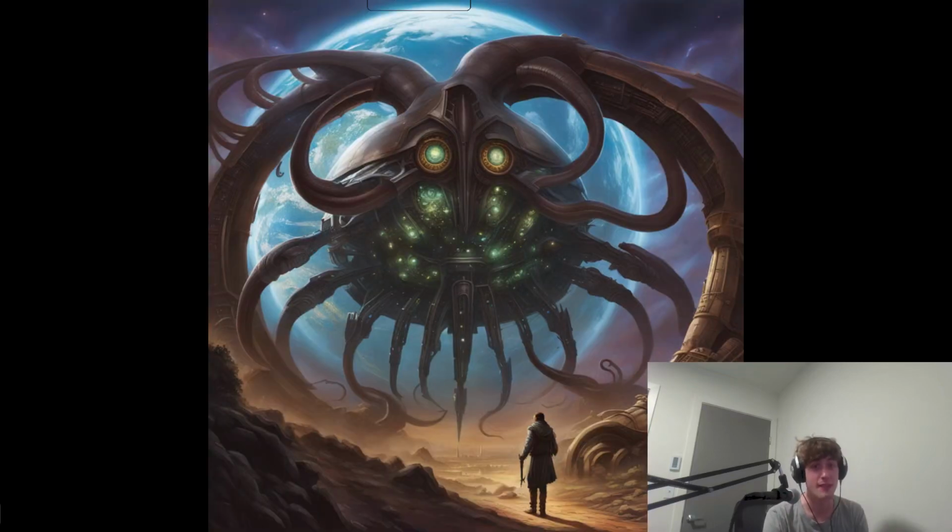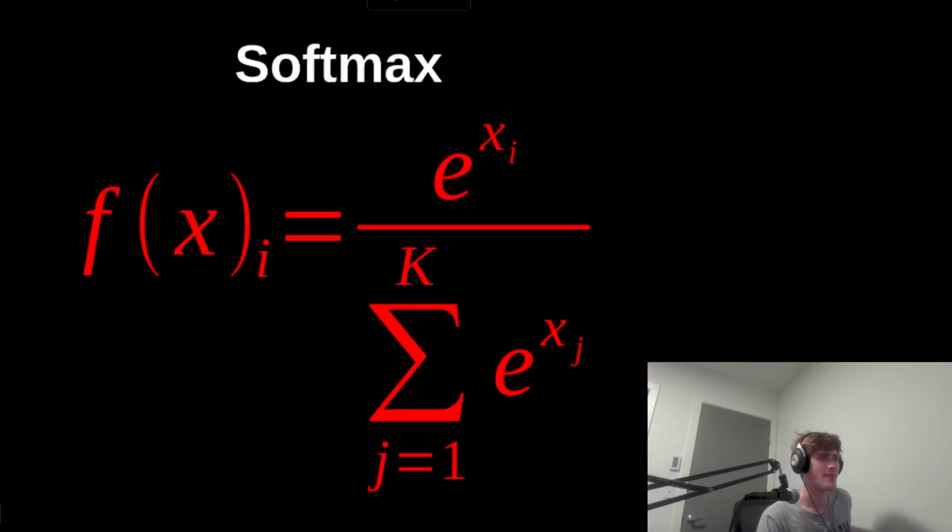But we're going to have to learn how to do ML and AI. We've got to convince these bots that we know what we're talking about, that we're their friends. All right? That's my proposition here. So today we're going to be talking about softmax. To get started, why do we need a softmax? What am I even talking about here?